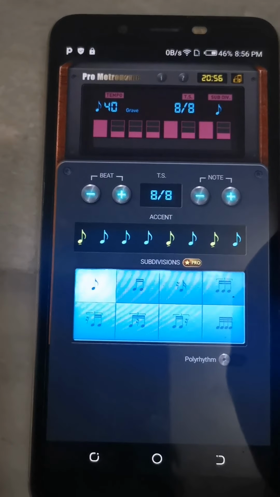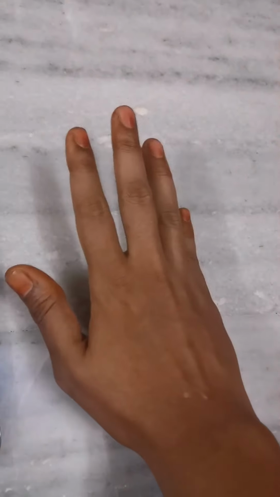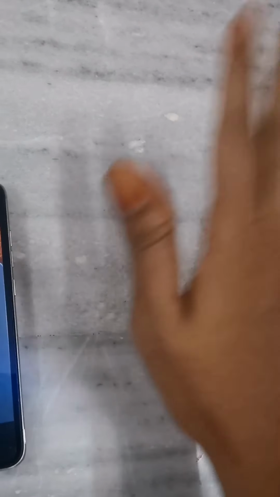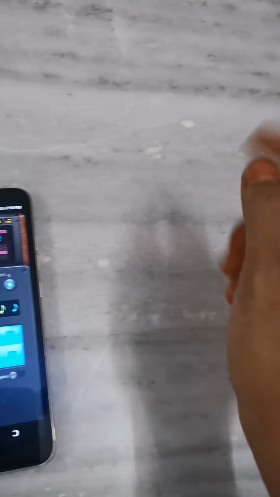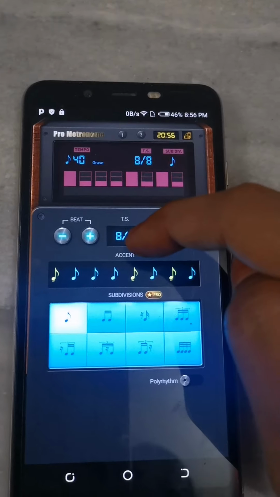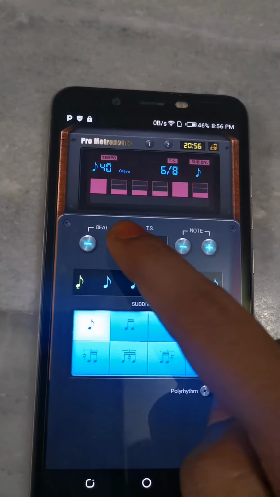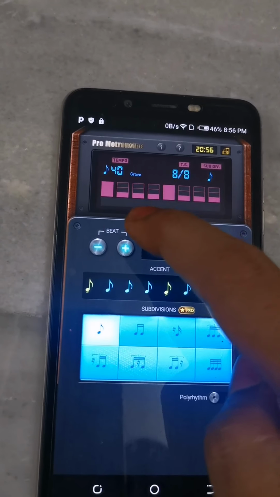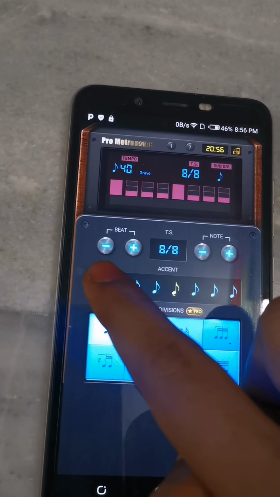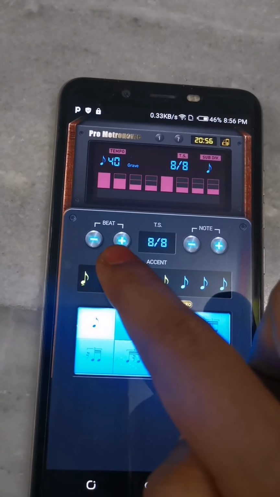So Aditalam we have totally 8 beats, that is 1 2 3 4 5 6 7 8. So totally we have 8 beats. So here it is already 8. So in case if you have some other number, you can increase, so you can plus to 8. So here you can either increase or decrease the beats. The adjustments can be done here.